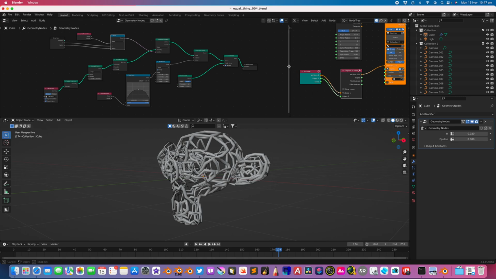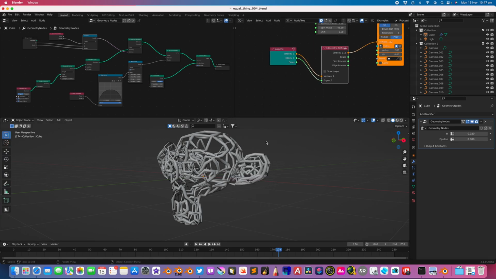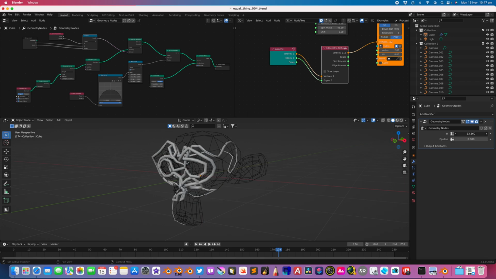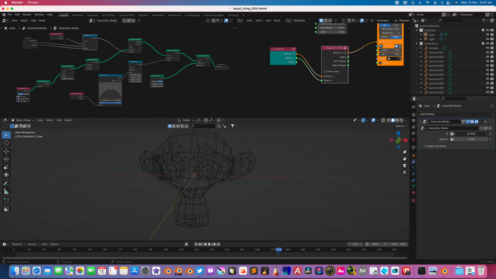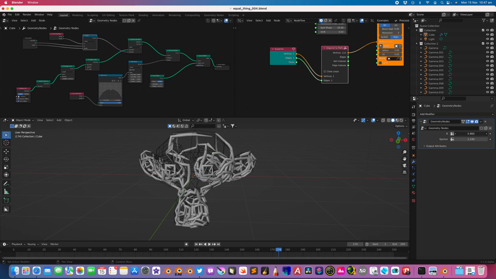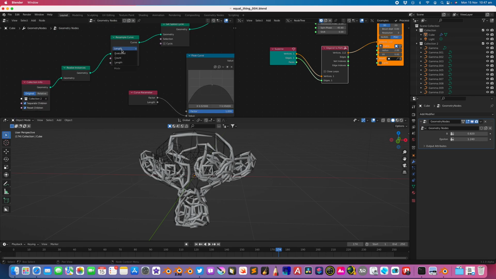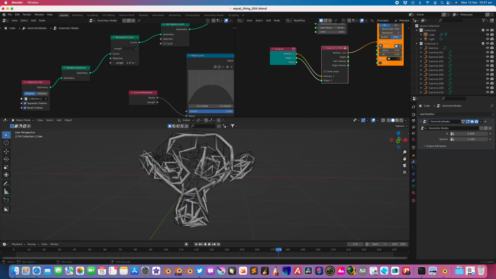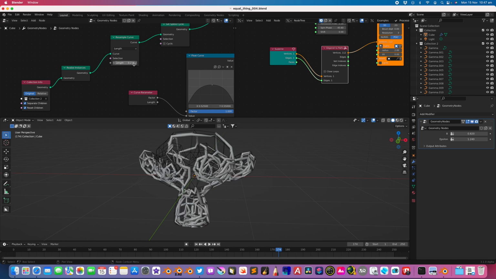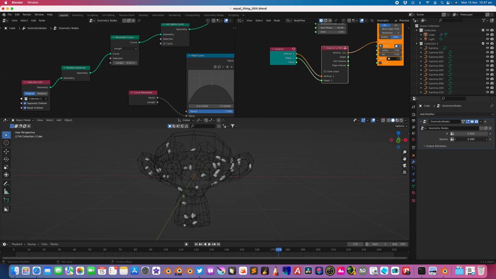Monkey head, probably. You see, we still have the same control over the epsilon. So there's a lot of curves, and this geometry nodes effect is doing it all at the same time. And I actually have control over the sampling of the curve here. So I can resample the smaller curve, and then